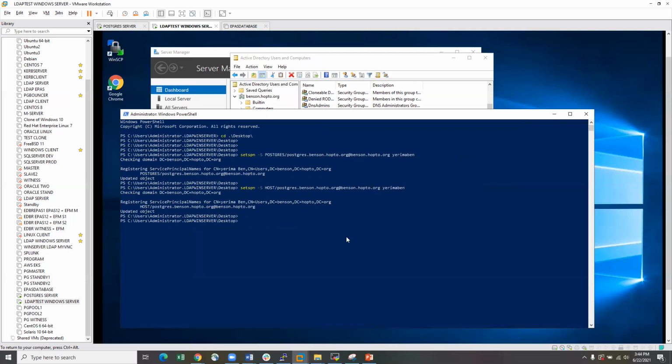So I'm going to use a ktpass command, and I'm going to specify my output file. I'm just going to call it Benson1. That's fine. Benson.keytab. And that's going to be the output file, which is going to be written to my desktop. And I will need this file to send across to